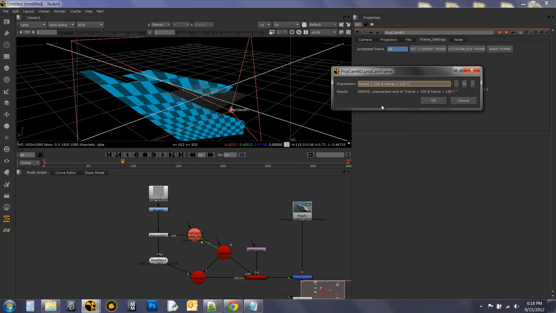If our frame in the viewer is between these two values, I want it to use the frame. So basically, once we've hit 100, it'll start reading. Once we hit 101, it'll be frame 101, frame 102, 103, and it'll keep doing that up until 150. Otherwise, I'm just going to say 0. So if I hit OK,